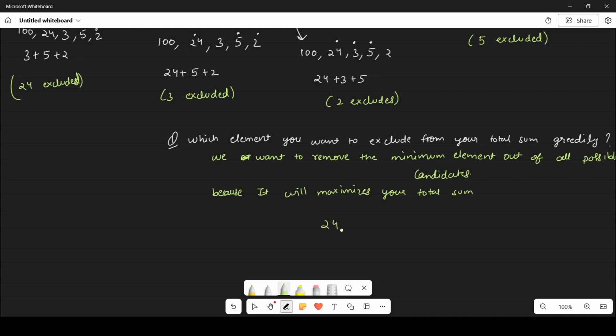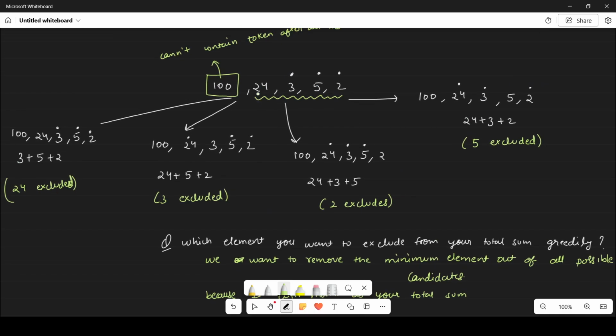So out of these candidates 24, 3, 2 and 5, like in this window 24, 3, 2